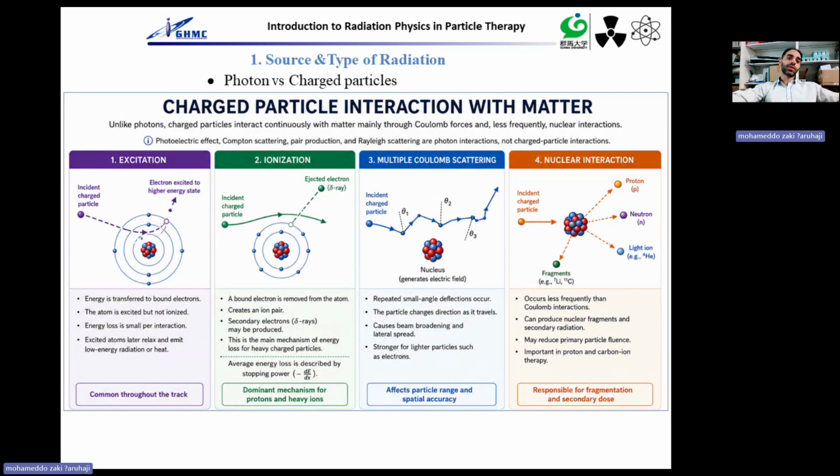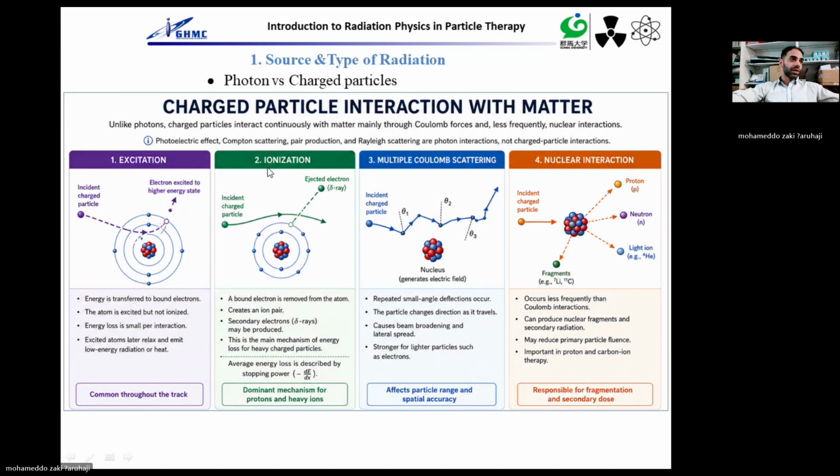Now, what is more important for us is the charged particle interaction with matter. It is not like photons because they are continuously interacting through what we call Coulomb forces and nuclear interactions. Those are the two most important things for us in particle therapy. Why? Because a charged particle loses energy through excitation or ionization when they interact with this